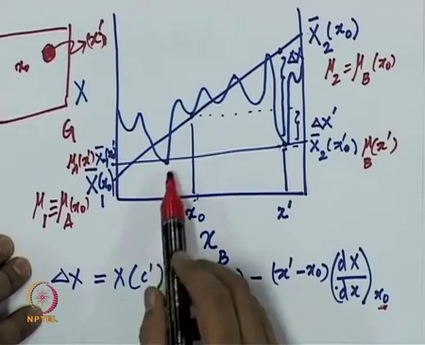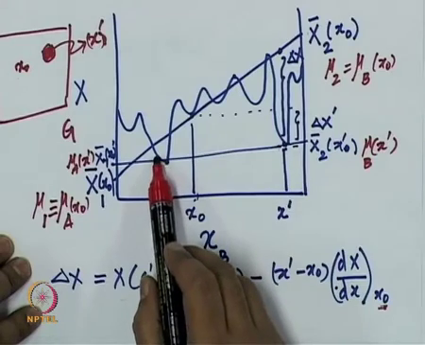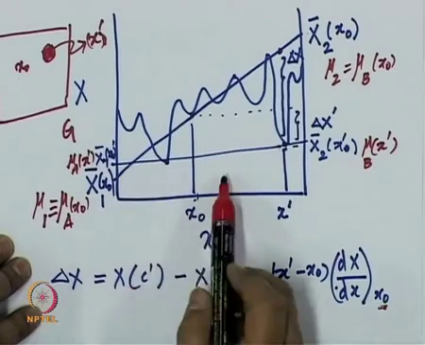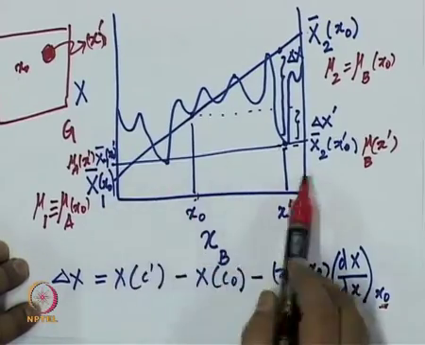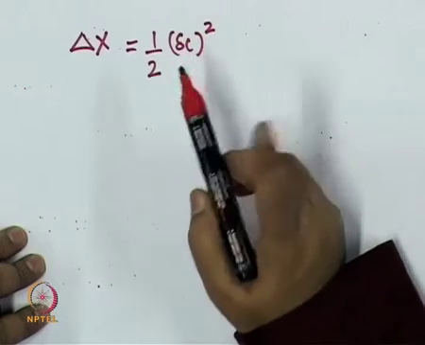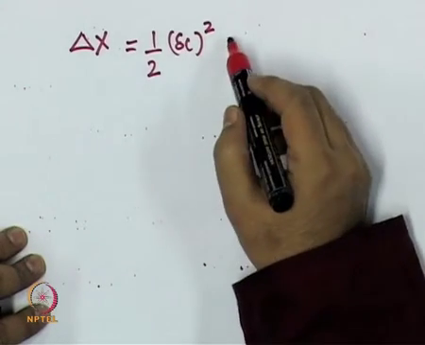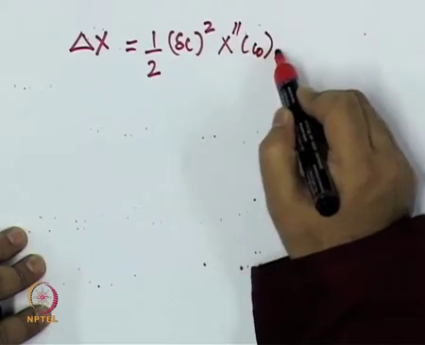I could have chosen it on this side, for example some point here, then x prime minus x naught will be negative, but whether it is to the left or to the right does not matter, because this quantity is squared. So its sign is always going to be positive, and then I have x double prime evaluated at C naught